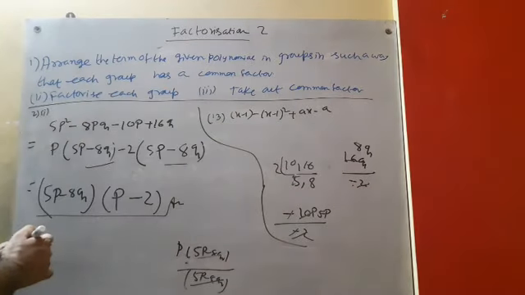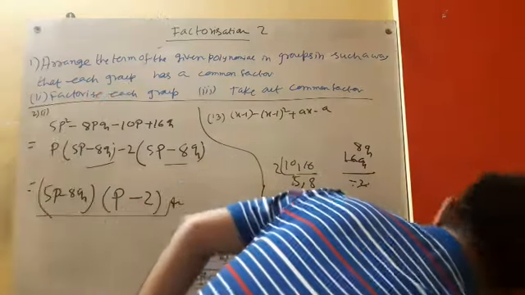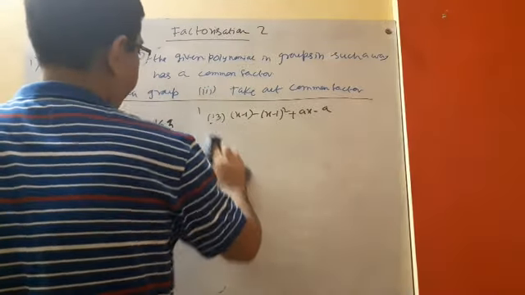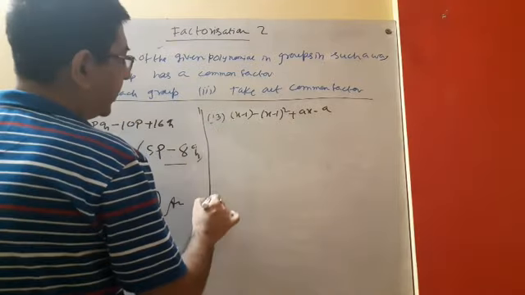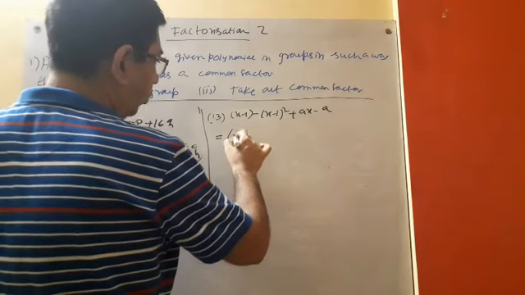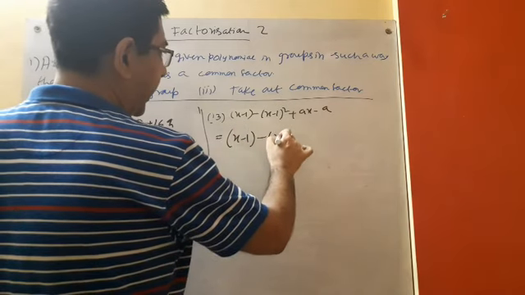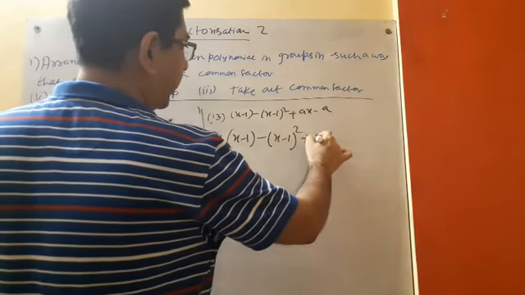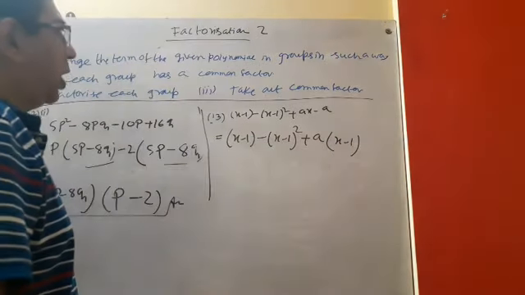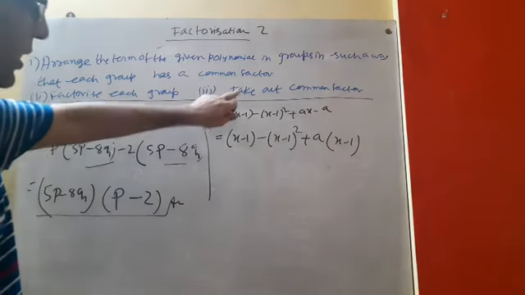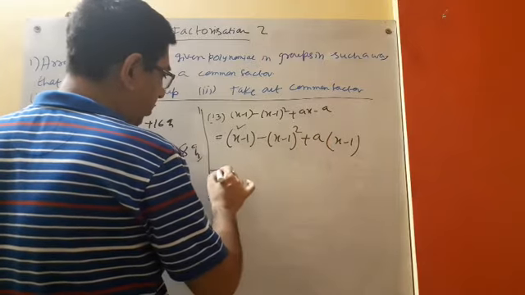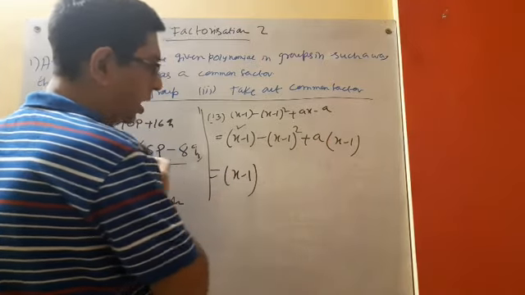Now we'll move on to question number 2. This is given in a different way: x minus 1 whole square, but here is a x minus 1. One thing you can do, in x minus 1 square there and from these two terms you can take common a, making a group here, x minus 1. Now factorize each group. Take out the common factor. Which is the common one? This one. So we take x minus 1 as the common factor.